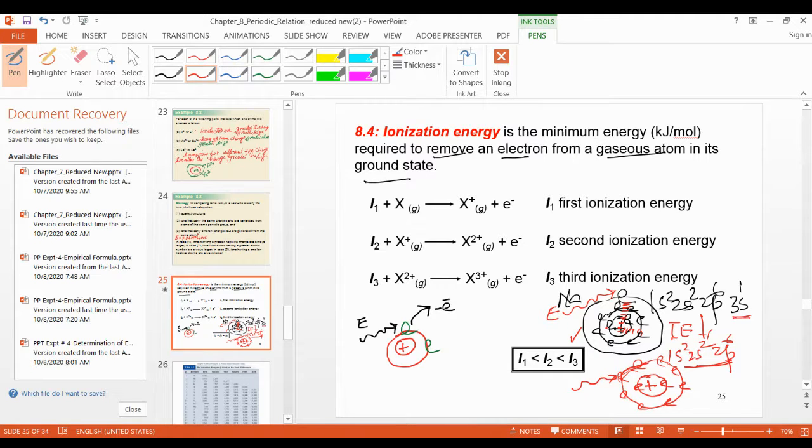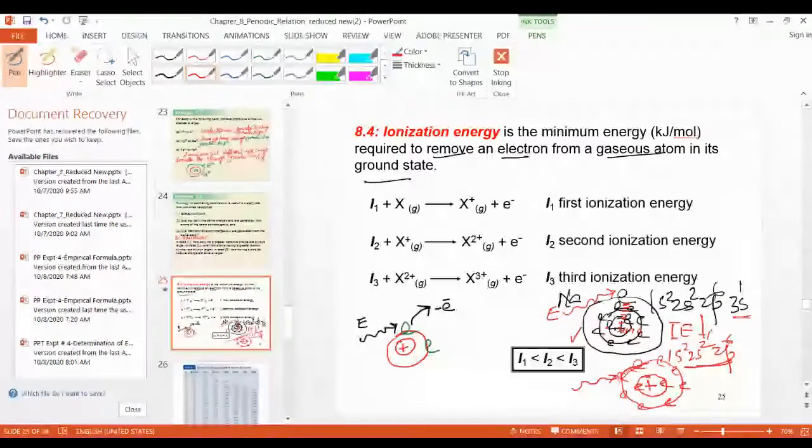Oh, doctor, yes, when there is less attraction force, it will be greater ionization energy. No, less. No. If the force is greater, the ionization energy is greater. The lesser the force, the lesser the ionization energy. So lesser force is only in the third, fourth or fifth shell, the last shell, as compared to the first, second, like this.